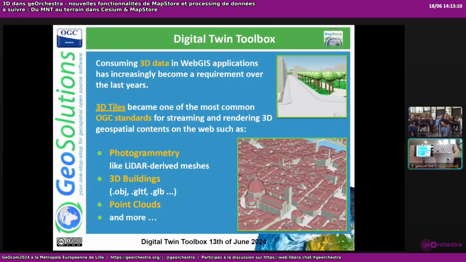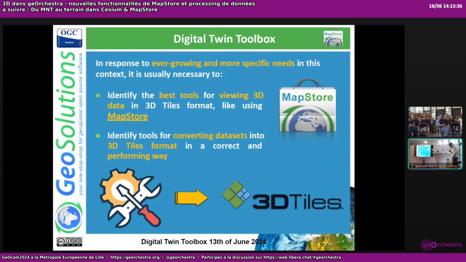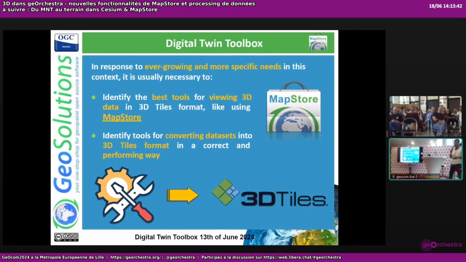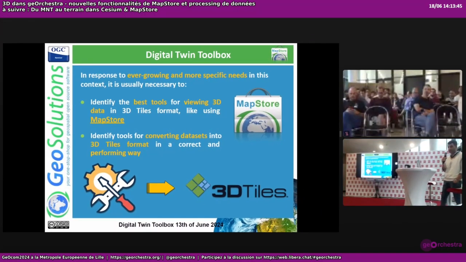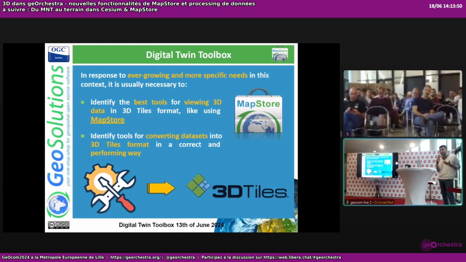So in the overall picture, the 3D tiles format became one of the most common OGC standards for streaming and rendering 3D geospatial content. And so here we can have things like LiDAR derived meshes, 3D buildings, point clouds we have mentioned, and so on. So in response to these ever-growing needs, public administrations, private administrations have in this context, where they have usually